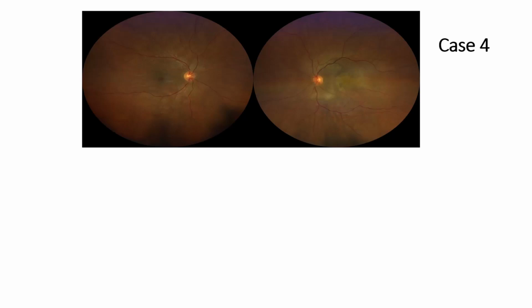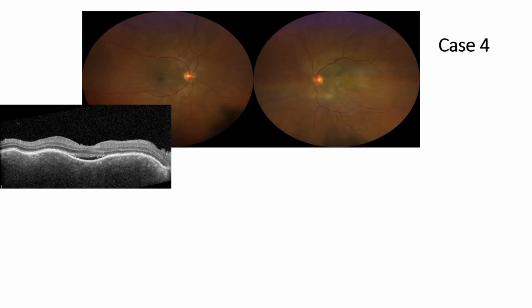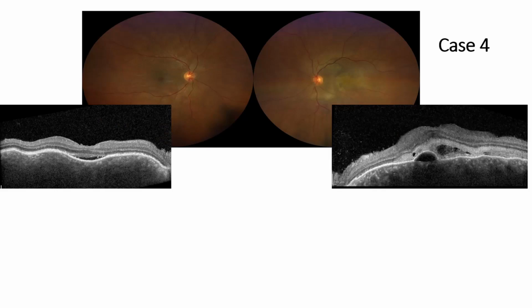This was another patient who had complaints of headache, fever, tinnitus and decrease in vision. By listening to her complaints and seeing serous detachments at the posterior pole, we suspected that she had Vogt-Koyanagi-Harada syndrome, and we did an OCT for her. The OCT in both eyes showed RPE undulations, though more prominent in the right eye than in the left eye. But look what we got when we did an FFA for her.